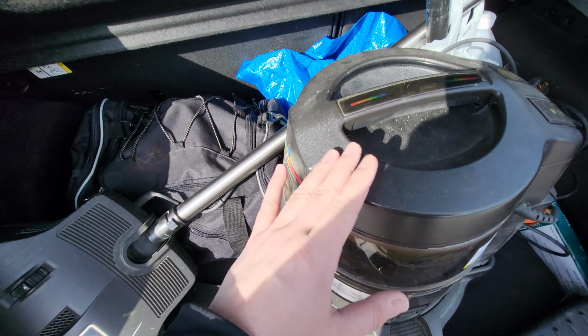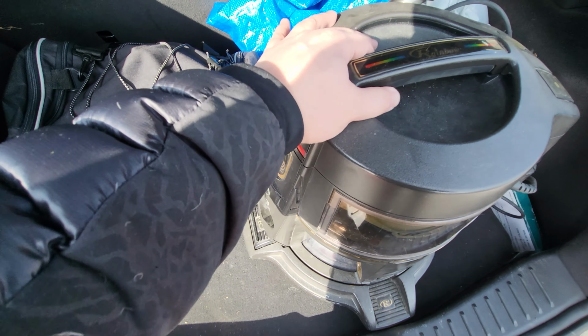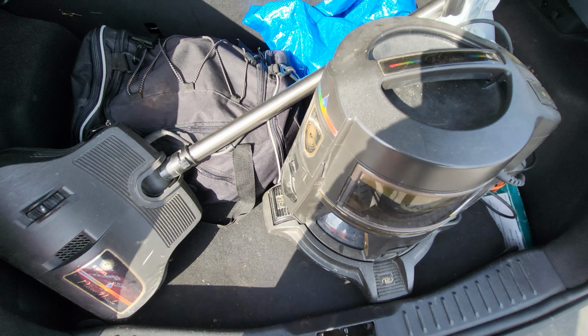We continue down the line with the top 5 of Q3. Coming in at number 5 is one that you guys have seen. It is the Rainbow vacuum, the canister vacuum, plus the hose as well. With this one, I actually ended up buying a new HEPA filter for this, and it cost me $15 on top of the $10 that I spent on the actual vacuum itself. So all in about $26, $27 after tax, and I ended up selling the entire thing for